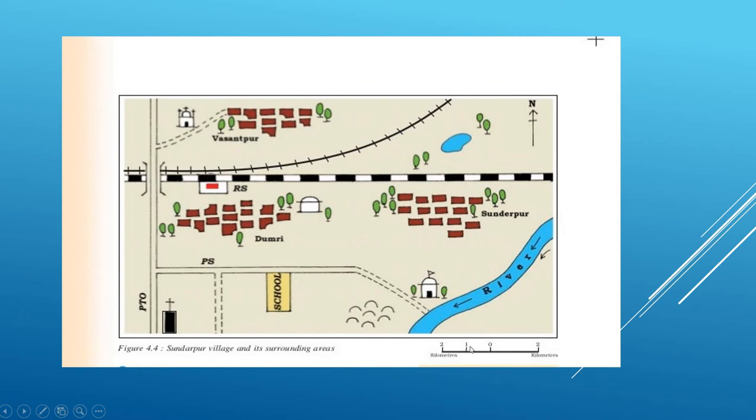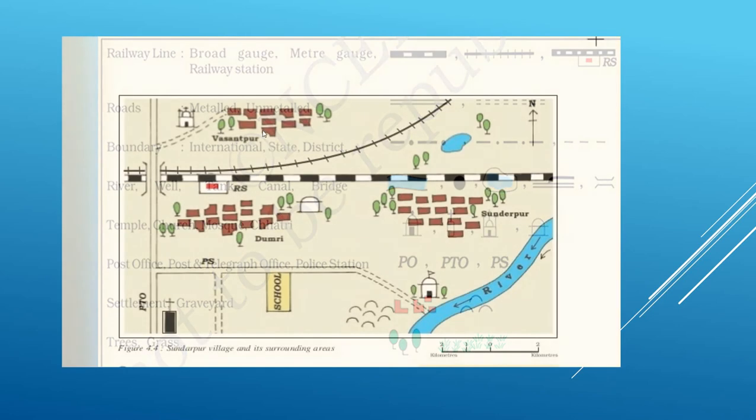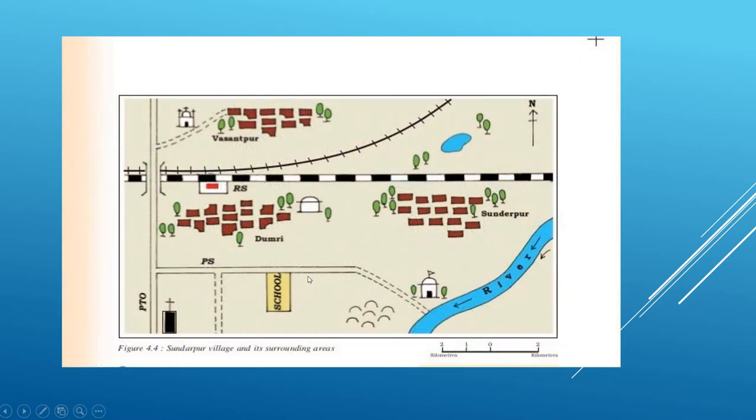What kind of road passes by the side of village Dhumri? So this is the village Dhumri. As you can see, this settlement has been shown here with this symbol. And what type of road? As you can see here, this is a solid line road. As you have seen, it stands for metalled roads. So this is a metalled road beside village Dhumri. And also you can see these are unmetalled roads here also.